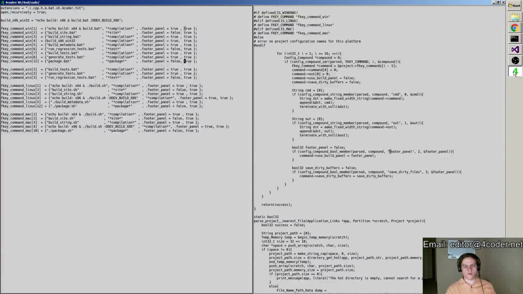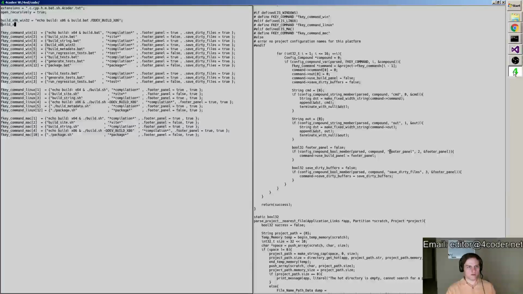And the second one here is the save dirty files option. This is nice because I always forget which order these things come in, so not having them come in order anymore will be nice. Build X. It also means I can pull these longer strings out like this.